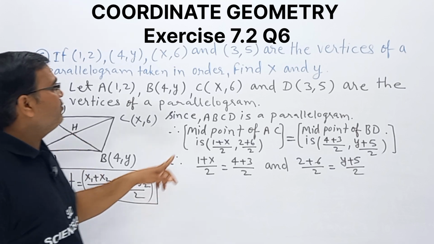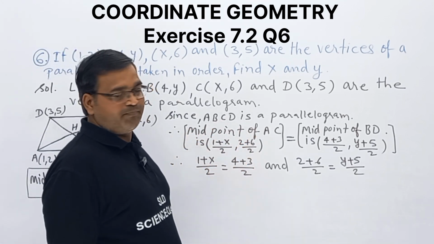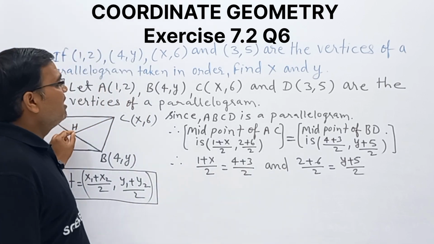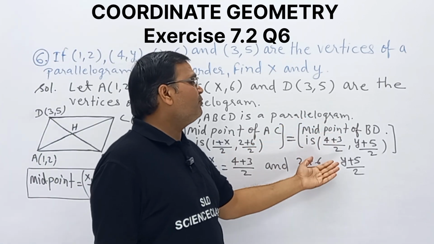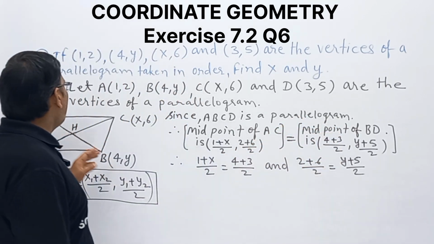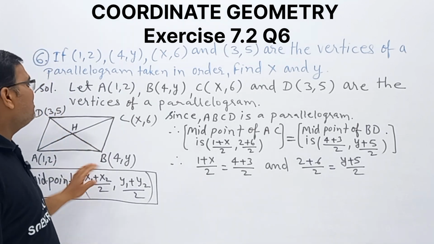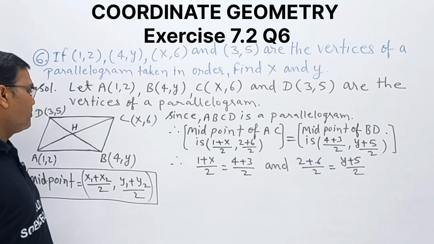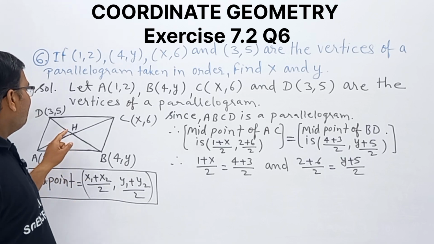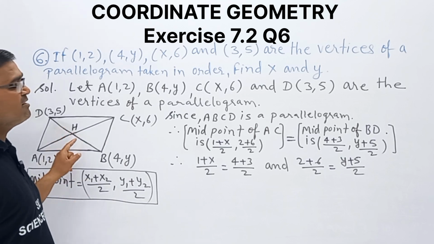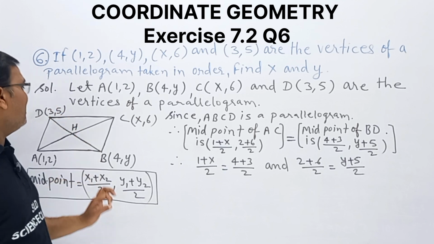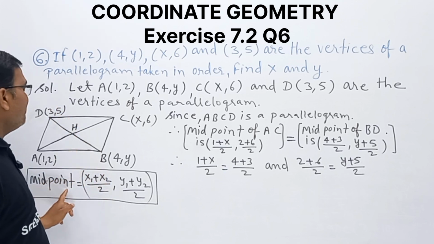So we can say the midpoint of AC equals the midpoint of BD. Both diagonals have the same midpoint. Why? Because ABCD is a parallelogram. So we will use the midpoint formula